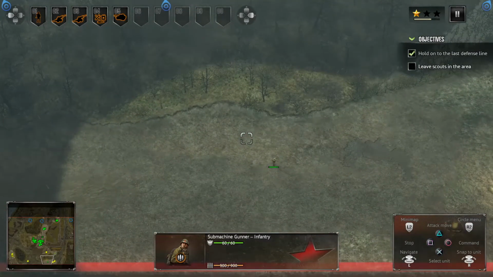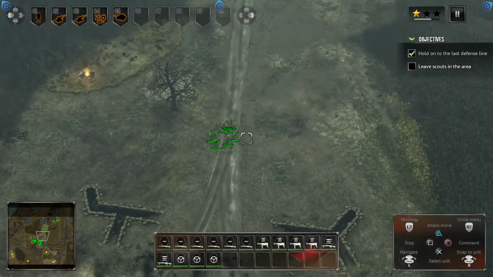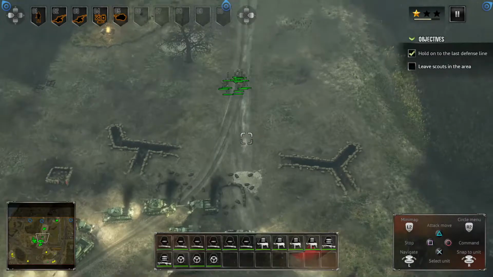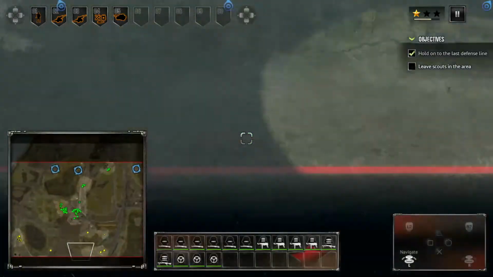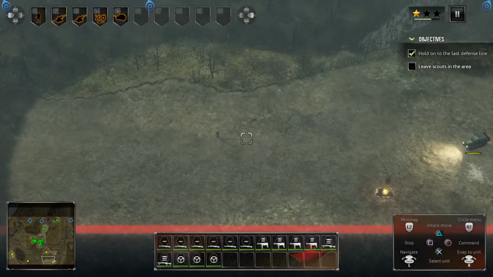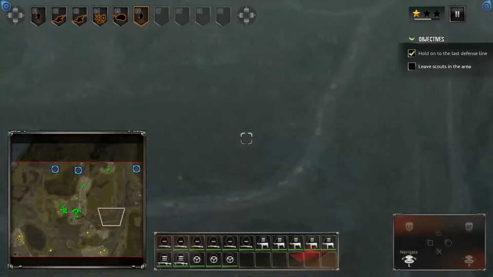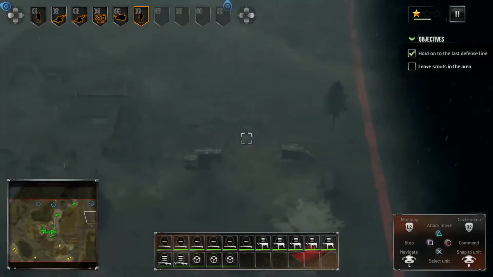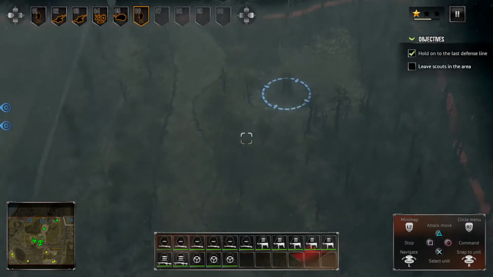I must have not included him. Okay, so what I'm going to do is group this as one. This is going to be my fighting unit right here. And then I'm going to add that soldier. So I'm going to hold down L1, press X, and then press in R3. I'm going to get them started on this first one right here. We should have strength in numbers,